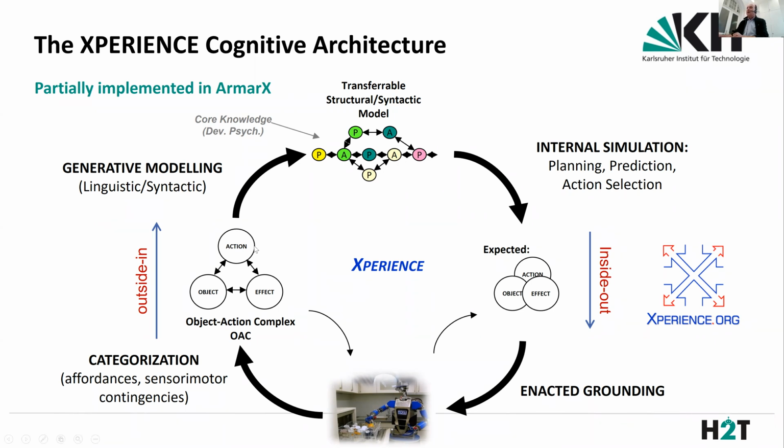And we came up with this Experience cognitive architecture. Of course, it's drawn now in a different way because it emphasizes the processes which are needed in the definition of a cognitive architecture. The idea is that a robot will execute goal-directed motivated actions as sequences of motor commands on the basis of multimodal sense data. These actions and their effects on objects, together with perceptual representations of objects, are categorized and represented as affordances. We call them object-action complexes. These are nothing other than action-object-effect triples. And ensembles of these non-symbolic OACs are then used in a generative modeling process